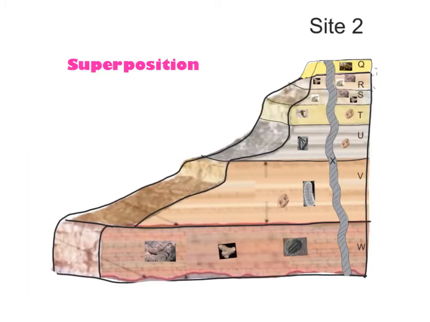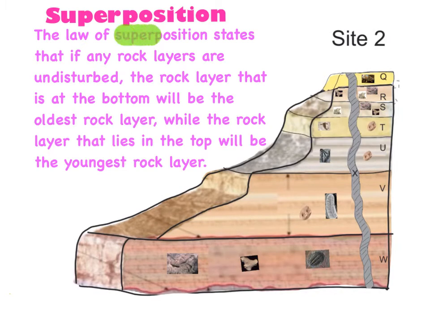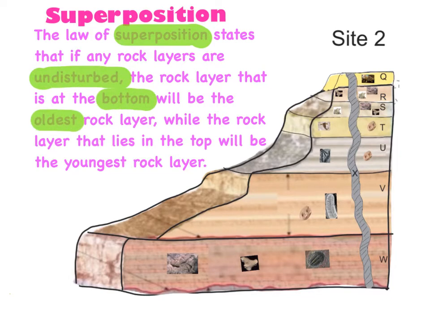To find the order in which the rock layers were formed, I use the law of superposition. The law of superposition states that if any rock layers are undisturbed, the rock layer that lies at the bottom will be the oldest rock layer, while the rock layer that lies at the top will be the youngest rock layer. According to the law of superposition, the rock layer that formed first was rock layer W because it lies